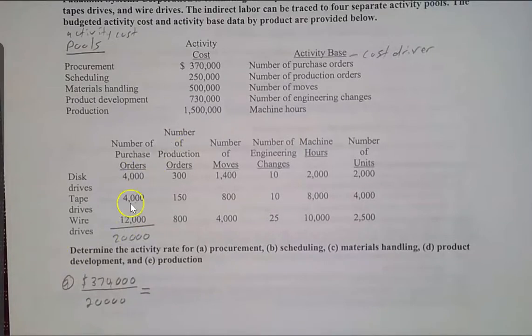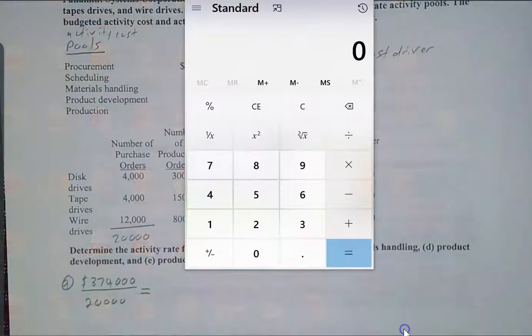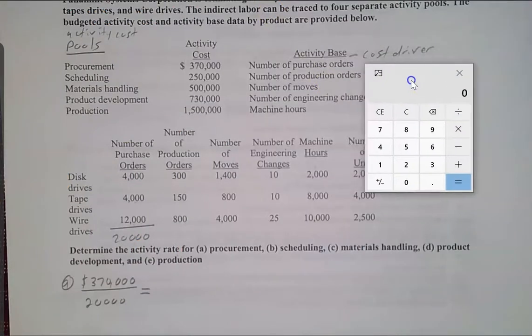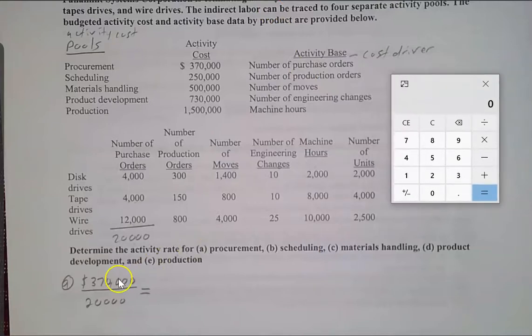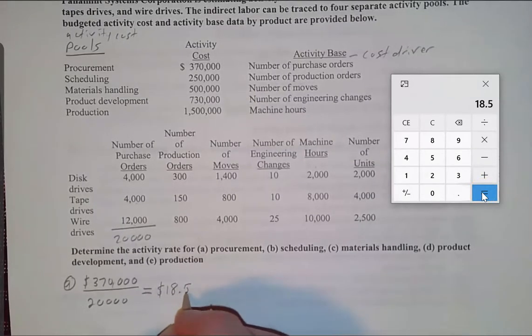And this math right here, I just did this in my head. Hopefully we can add 4 plus 4 plus 12, okay? So let's get this calculator over here. 370,000 divided by 20,000 equals an activity rate of